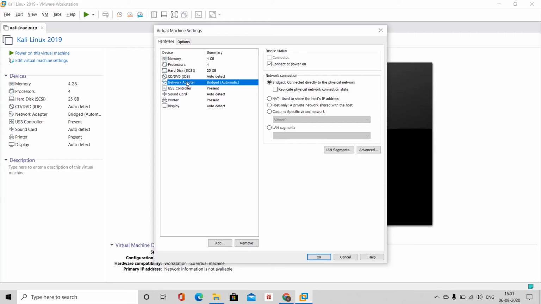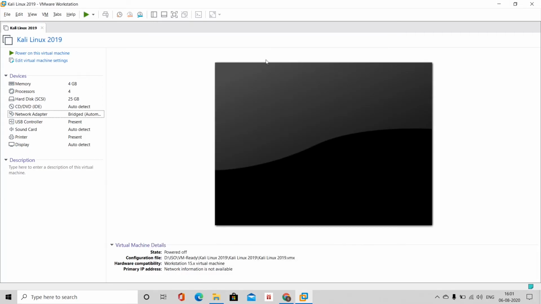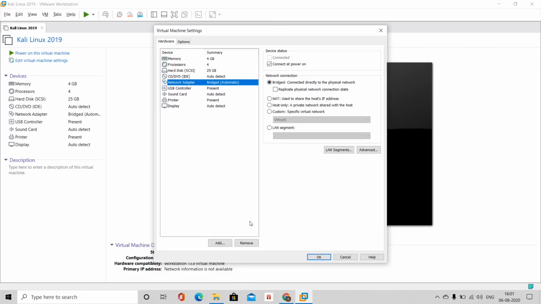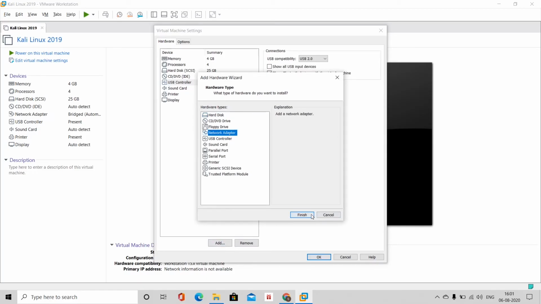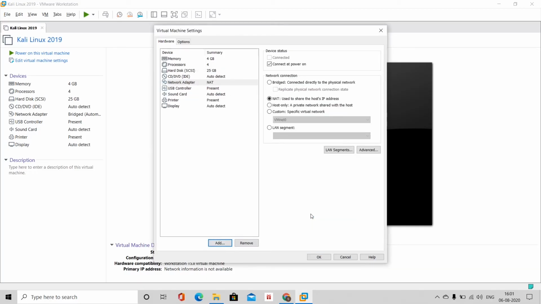Second setting, what you can do: whenever you start VMware, before powering on the machine, go to the network adapter, double click on it, just select the network adapter and remove it, and then add a network adapter. That indicates that you removed the previous network adapter and you inserted a new network adapter into the computer. Like we say that this is a faulty network adapter, you removed it and you configured a new network adapter. It is like that.